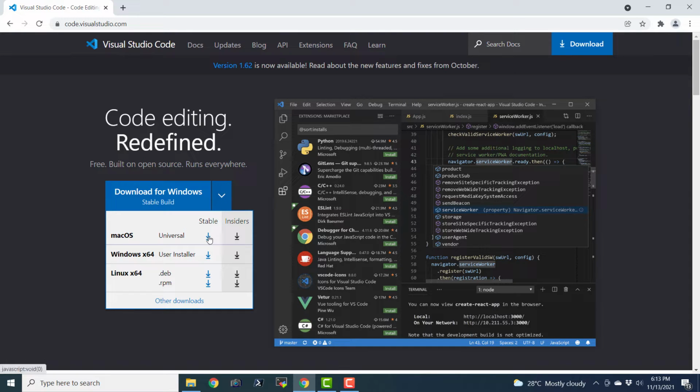We have download for Mac OS, then we have download for Linux x64 systems. We have downloadable in deb format for Debian and the distributions that are descendants of Debian like Ubuntu and Raspberry Pi OS, as well as we also have the RPM. So here in our case, we are interested in Windows x64. So I'm just going to go ahead and install this.